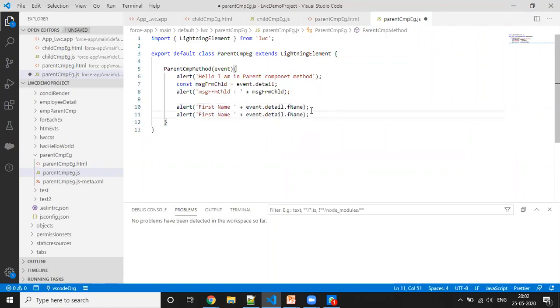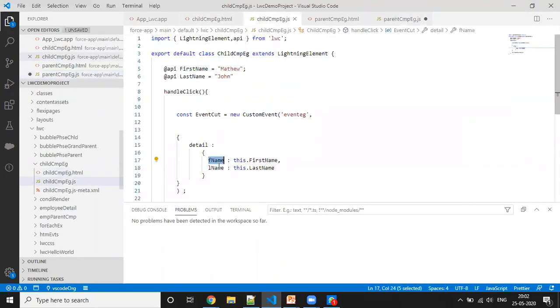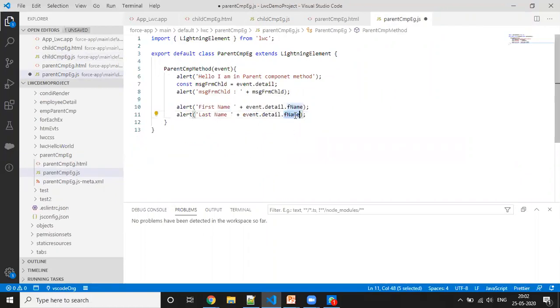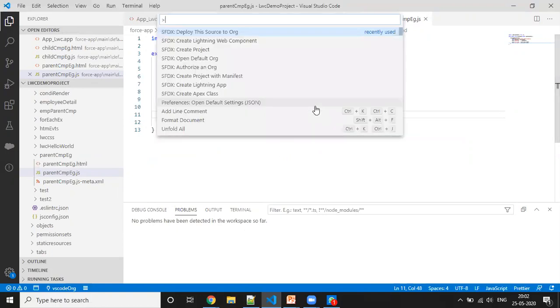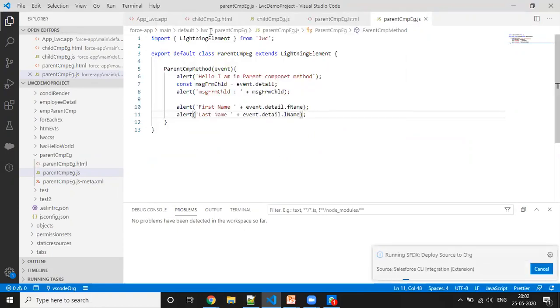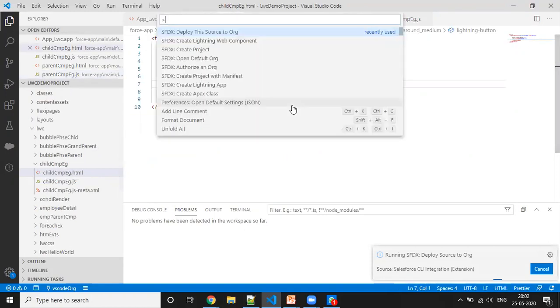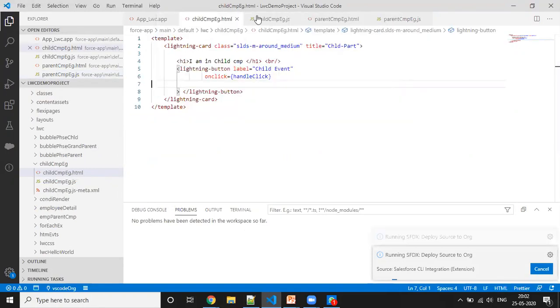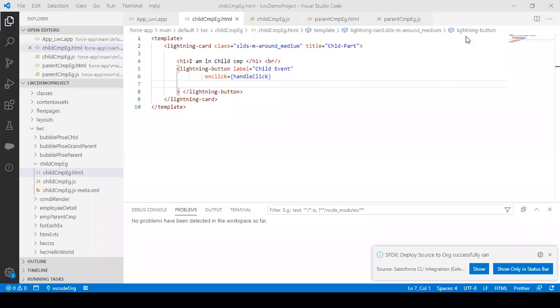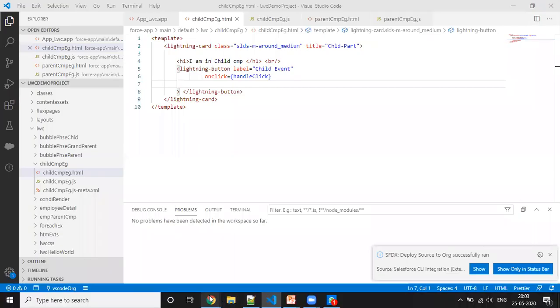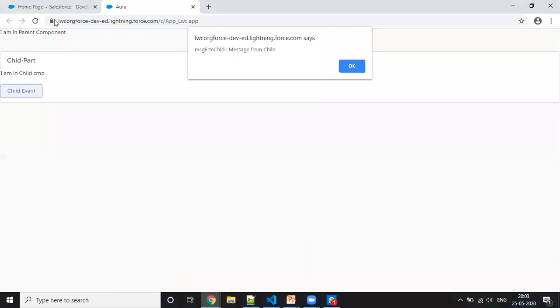The same thing I'm going to alert for the last name, here we have last name. Let's deploy this and see the value in the alert. It got deployed, so let me refresh this.